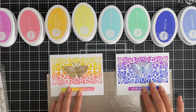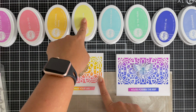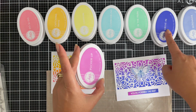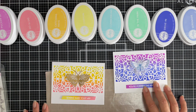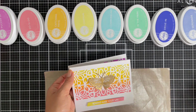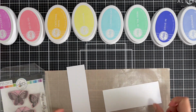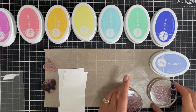the collection. So on the left hand side I've used Do-Si-Do, Catch and Raise and Chiffon, but on the right hand side I have used Pucker Up, Drive In and Serenade. Now you can see how beautiful they all blended really well. I could have used these panels differently, however I stuck them behind a cover die and mounted them on a top folding card panel. I have used the butterfly collection here of the stamp set, and I'm going to actually